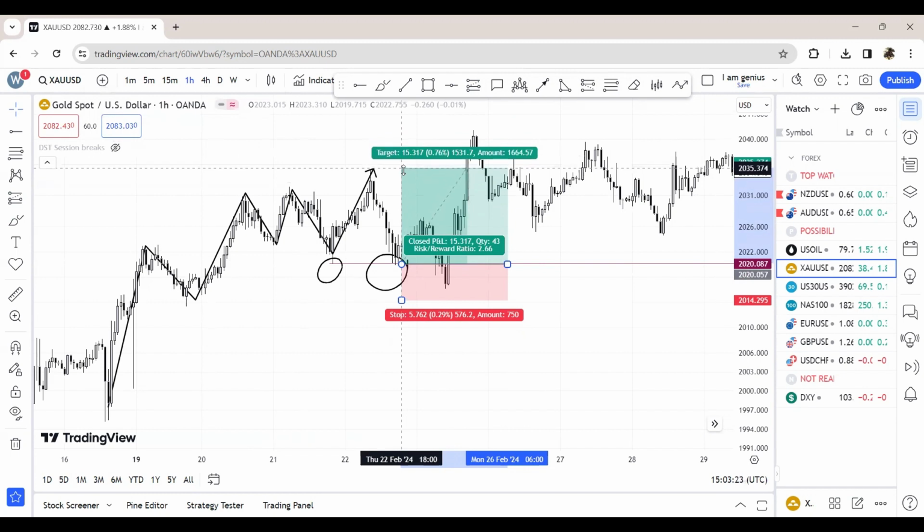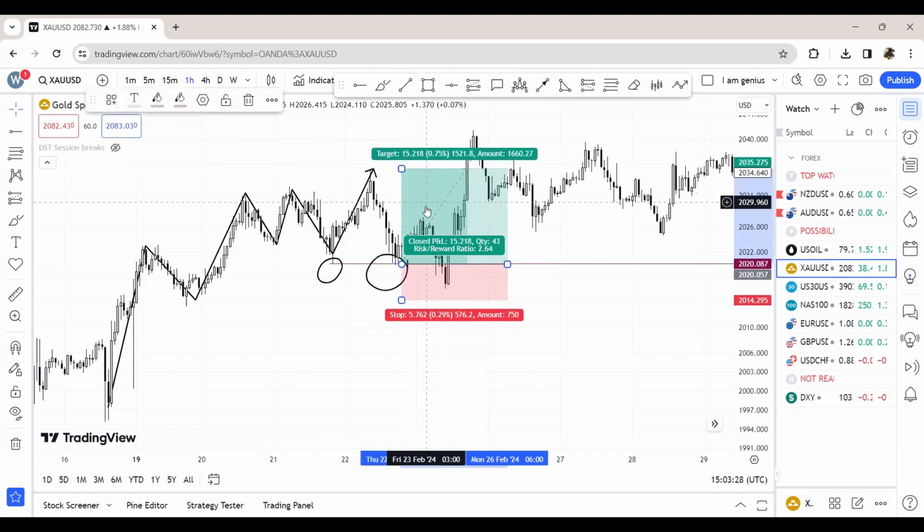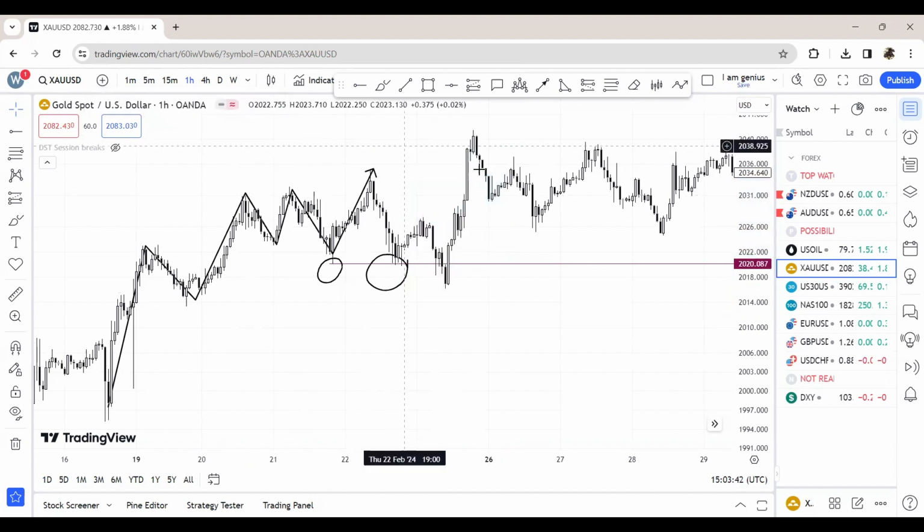Then you put your take profit target somewhere around there. But your first TP should be here. A 1 to 2.6 risk to reward ratio. This is good enough. So you can either use this, or if you want, the second option would just be